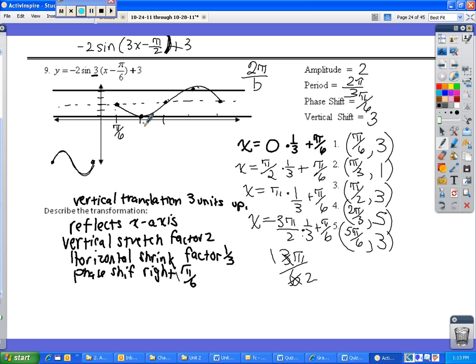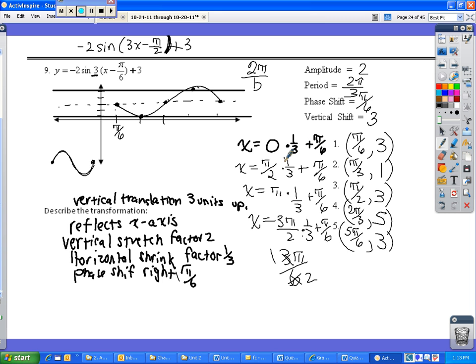So that's why you see that it goes down first and it comes back up. Again, you're going to start at the phase shift. Your phase shift is pi over 6. Now, thinking about that logistically, in terms of where you typically have your points, 0, pi over 2, pi, 3 pi over 2, and 2 pi, that's where you typically start, but you're going to have to first apply the shrink and then apply the phase shift